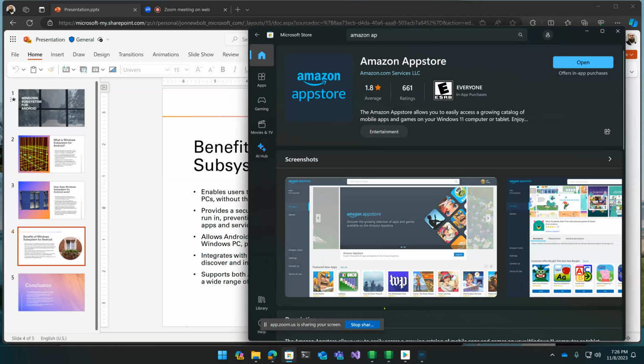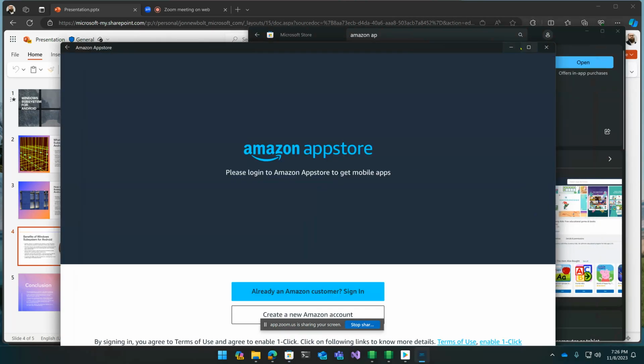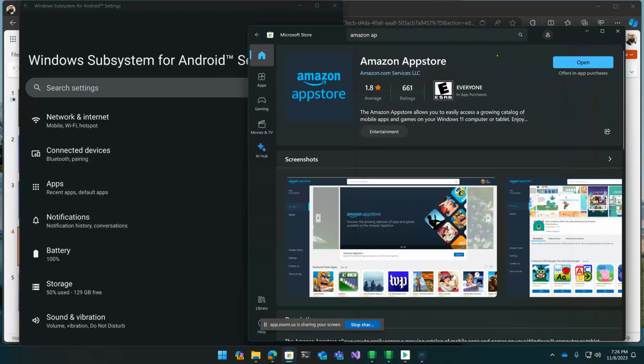It is possible to sideload other app stores, as you can see. But if you're looking for the official path from Microsoft to install this in an easy manner, open the Microsoft Store and grab this.